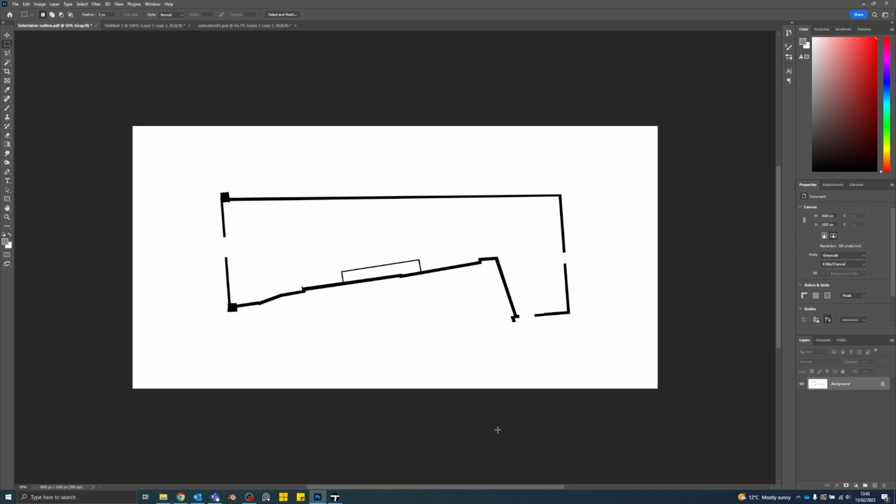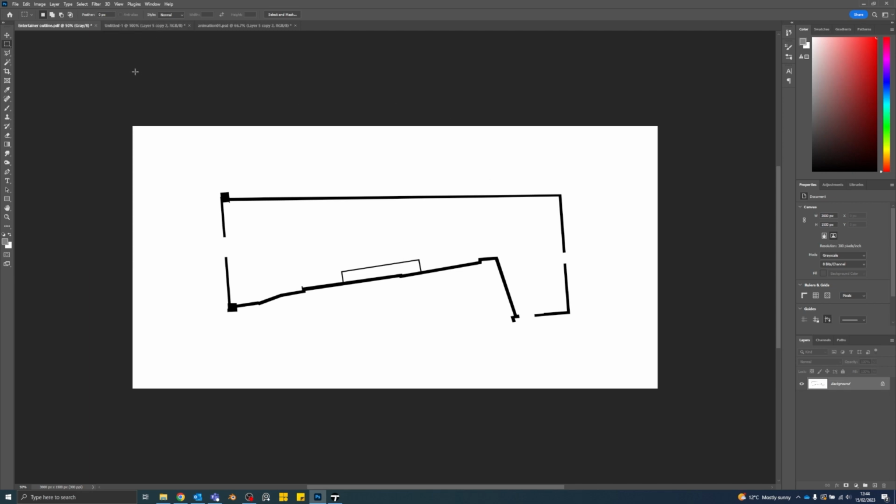So you can see here I am inside of Photoshop. You know that you get the Adobe software free as being part of the university, which is good, and Photoshop is a real powerhouse for working on your visuals. But often people don't think of it for animation. So I've opened up a floor plan here which I'm going to use as part of an animation,